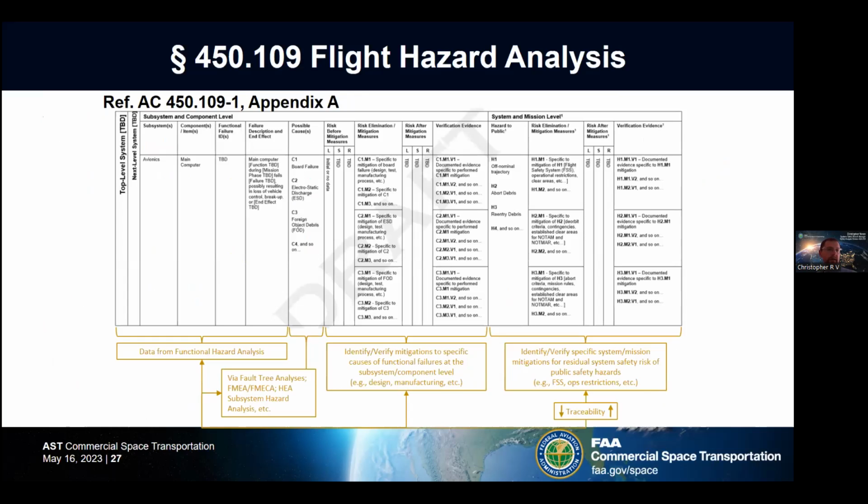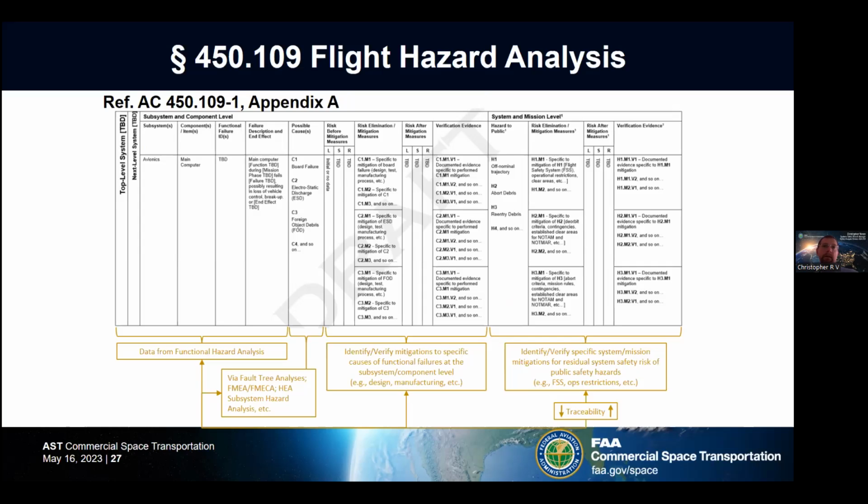The appendix of AC 45109-1 includes a template. This template documents in one page the items discussed in section 7. Beginning from left to right, the data from the functional hazard analysis is utilized to document the subsystem and component level